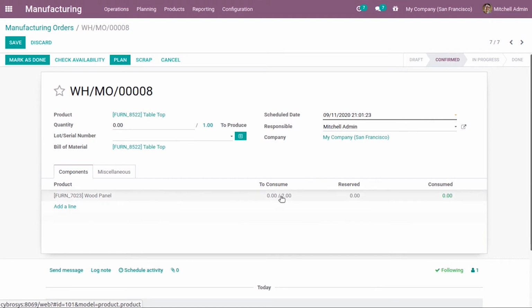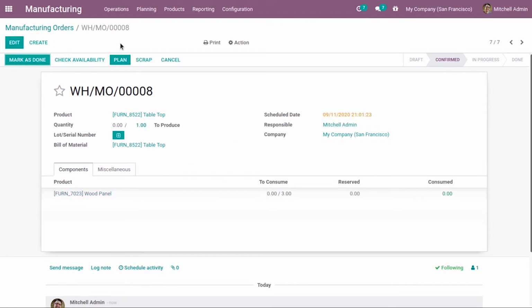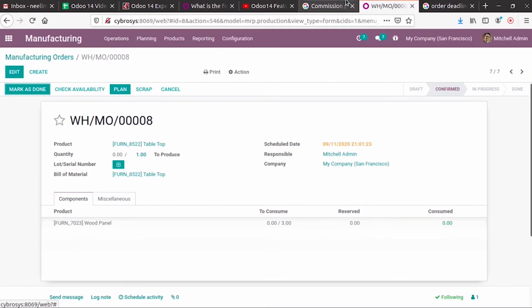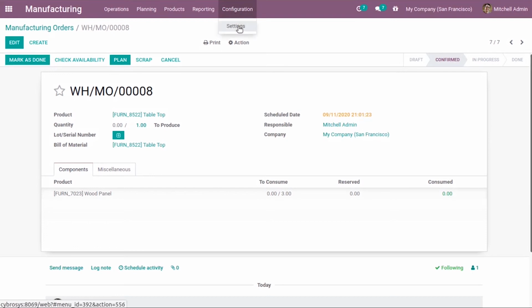and I wish to change this to consume field. Let it be 3. Okay. And I can save this. So there is no issue. We can mark it as done and we can process the manufacturing. But if I am changing the settings,